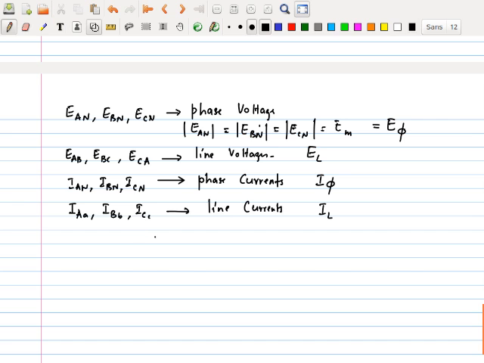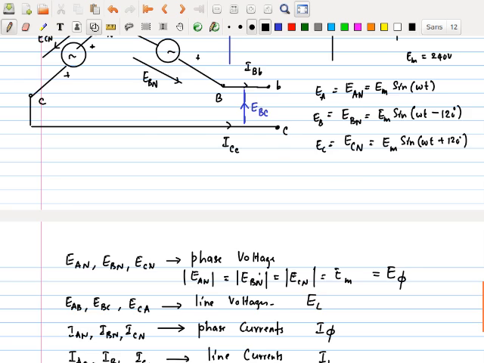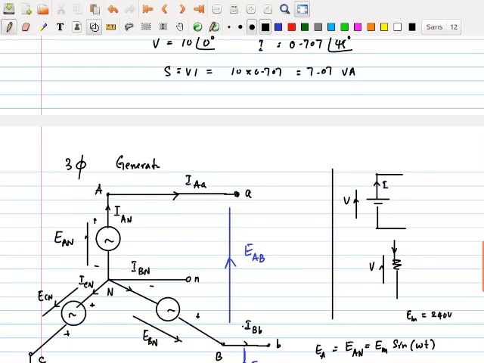So immediately you realize I of phi is equal to I of L. We don't care, right? This is equal to that, that's equal to this, is equal to this. Rather than writing three equations, I can write like this: phase current is equal to the line current in this system. And then also I want to go back and tell you that this particular configuration is called Y connected, which I already told you last time, and also it is called a star